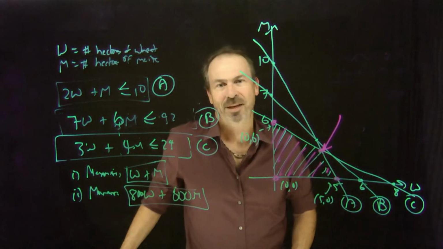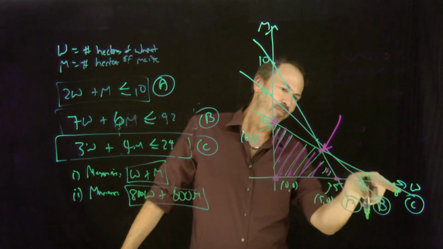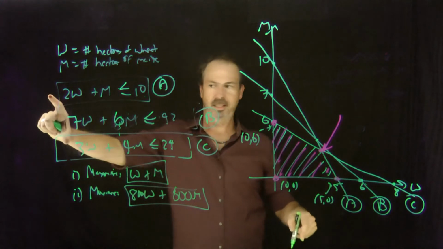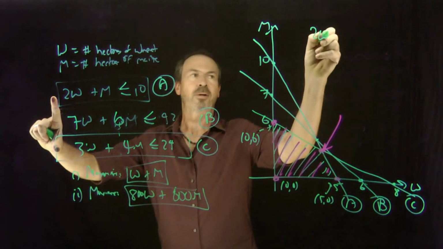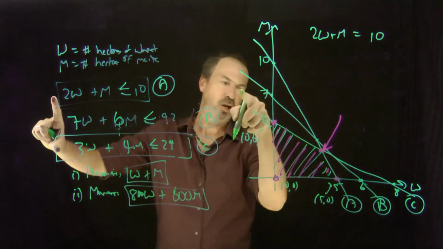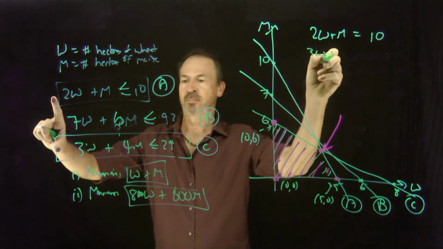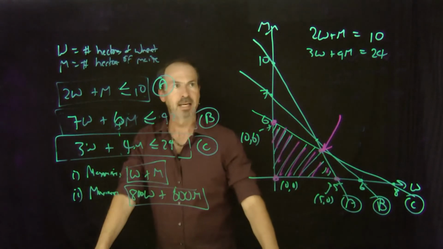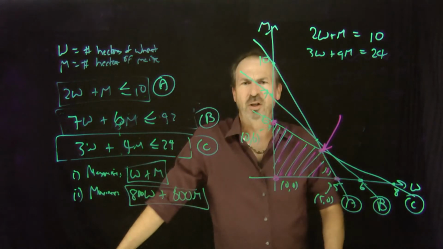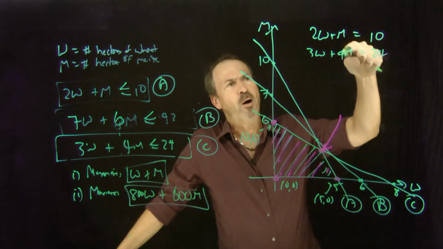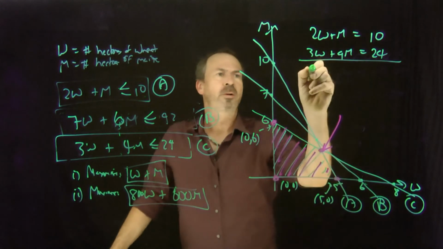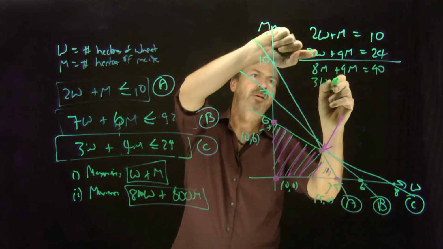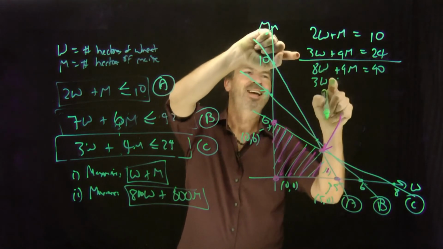Let's find that one. That's the intersection point of this line and this line. So this line's what? A and C. All right, so we've got 2W plus M equals 10 for the line of A, and 3W plus 4M equals 24 for the line of C. All right. How can I make these equations friendlier? 1M and 4Ms. Let me quadruple the first one. Quadruple. 8W plus 4M equals 40. Keep this one the same. 3W plus